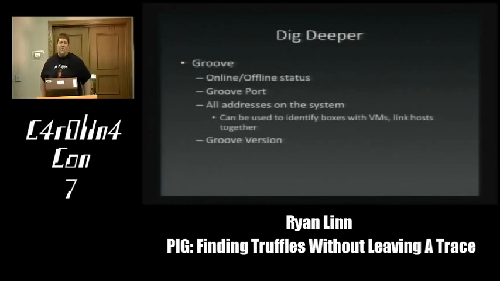Groove, which is now like Microsoft Workspace Collaborator, some crap like that, is designed so that you can do peer-to-peer sharing of, I guess, Office documents or something. And it tells you some cool stuff. It tells you whether or not the person is online or offline, which just because the software is running that doesn't mean that someone's directly logged into a workspace. So it'll tell you whether or not they're logged into a workspace. It'll tell you the port. The really interesting one is, for some reason, it feels the need to tell you every IP address that's on the system. So why is that interesting?